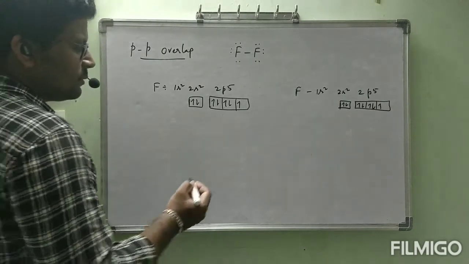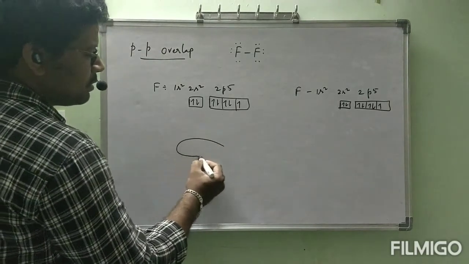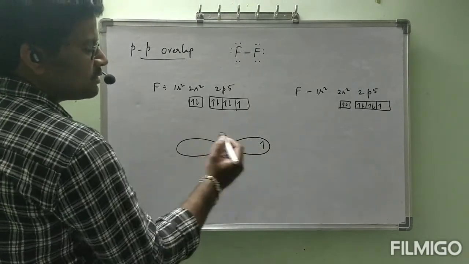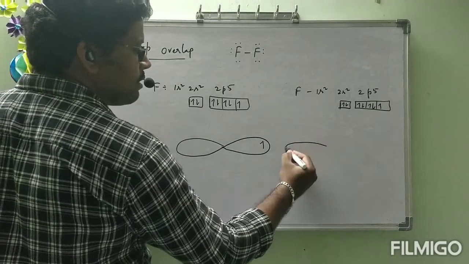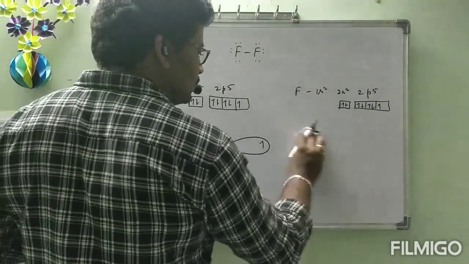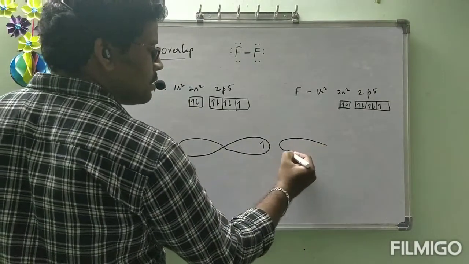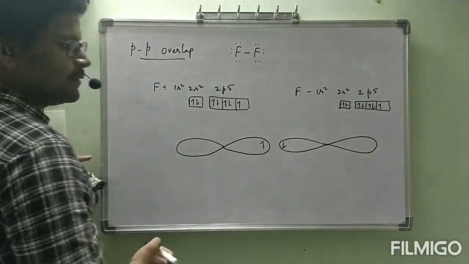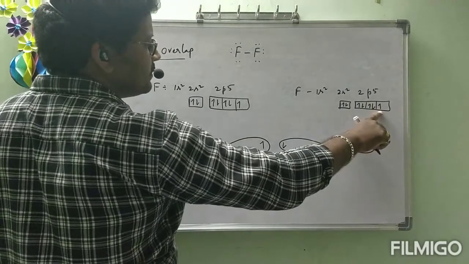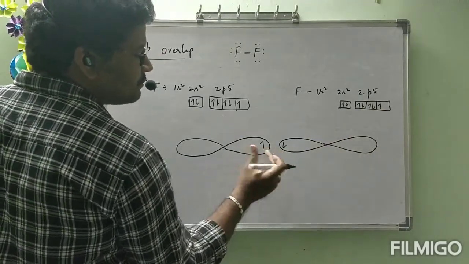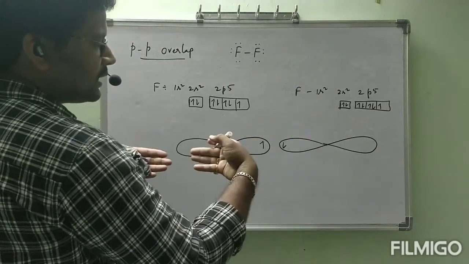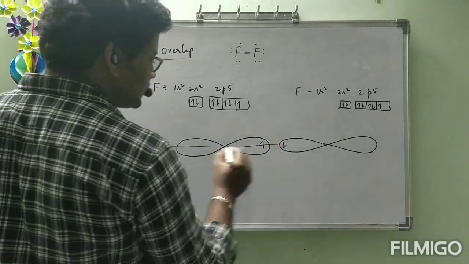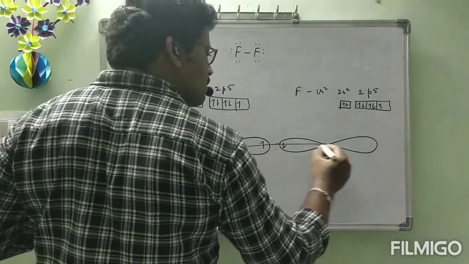What is the shape of p orbital? Dumbbell. In this electron is present. Second orbital. Here it will change the spin. Even though here it has clockwise spin, here it will change the spin, and these two will combine and orient along a particular direction. Suppose this is pz, definitely this is along z-axis. Even this is also along z-axis.